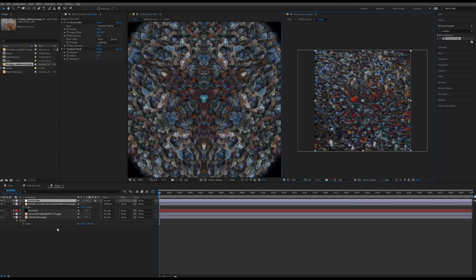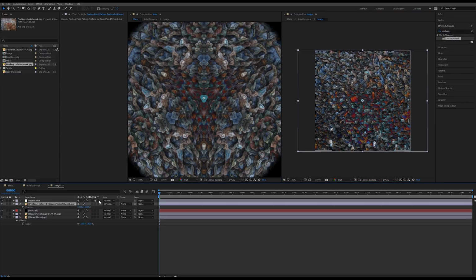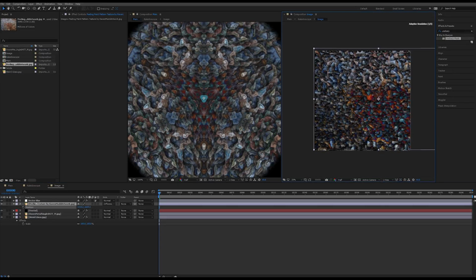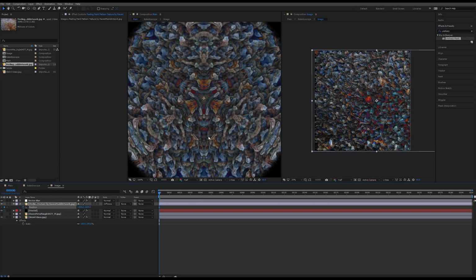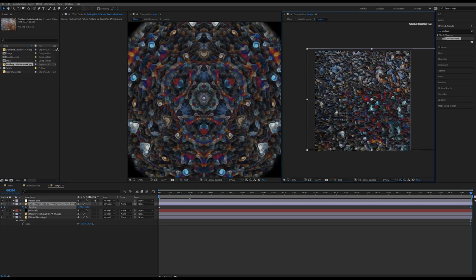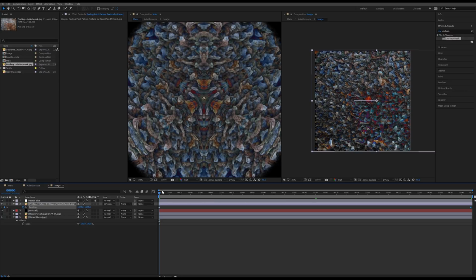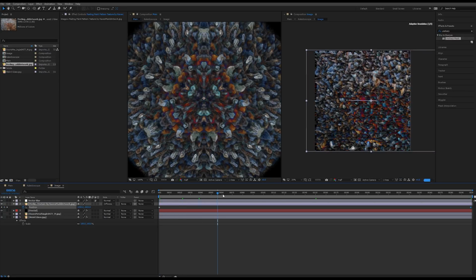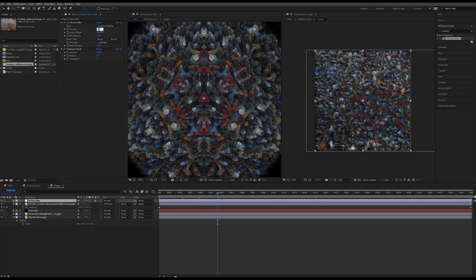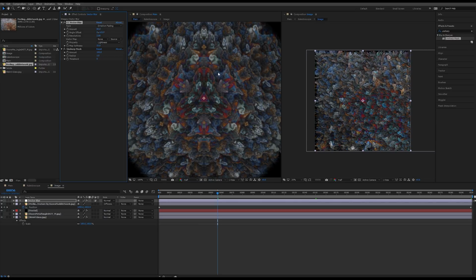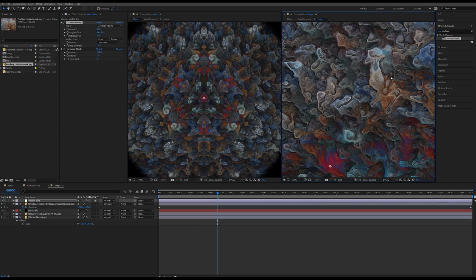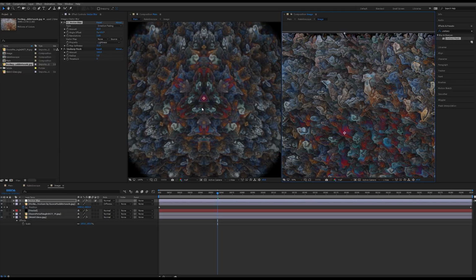Okay. And I'm going to actually animate the position of this. So I'm going to click the P key, and I'm going to move this over here, and then I'm going to click the position stopwatch, and then towards the end of this, I'm going to have it move all the way over here. That's going to give us some interesting animation as we progress through. And then on our vector blur, I think I'm just going to increase that more. Let's double that to like around 80. That's pretty interesting. Gives us pretty interesting swirly motions, which is kind of cool. I like that.